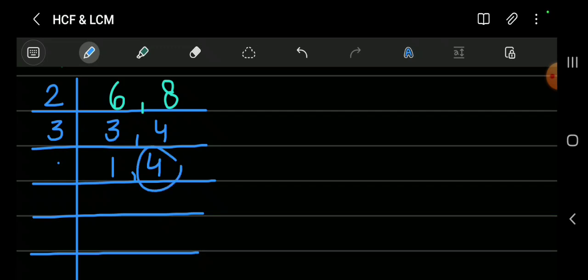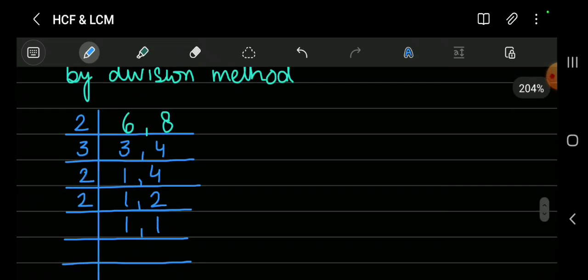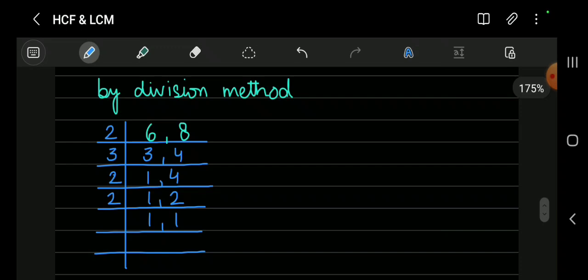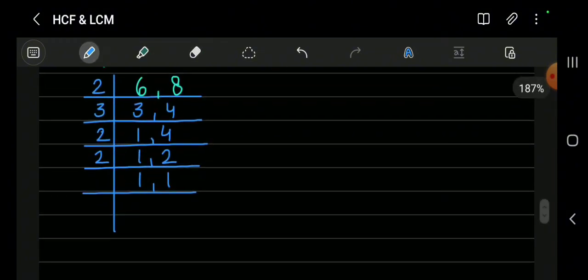Now you are going to multiply these numbers. So 2 times is 4, and 1 times is 2. This is how your division method for LCM is done. Okay, the division method is done, but how do we get the LCM? LCM will be the product of all of these numbers